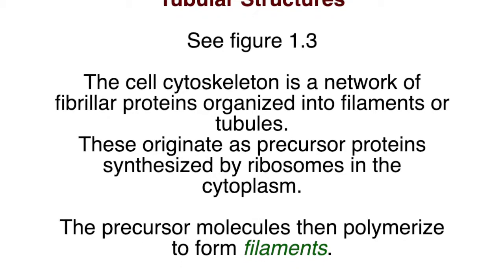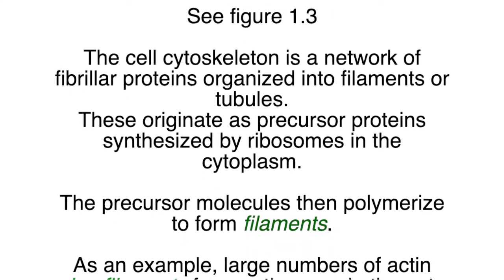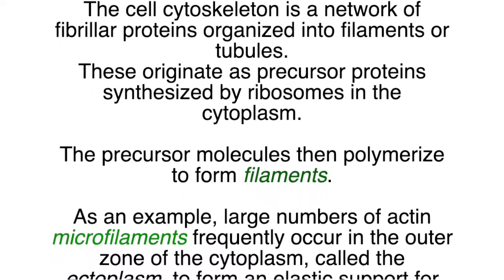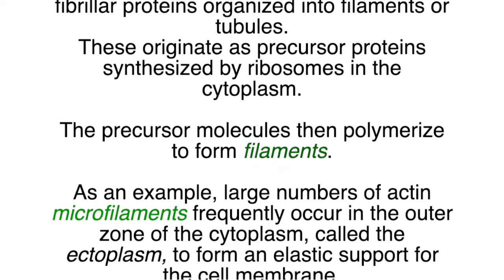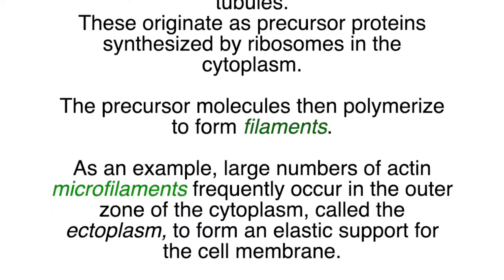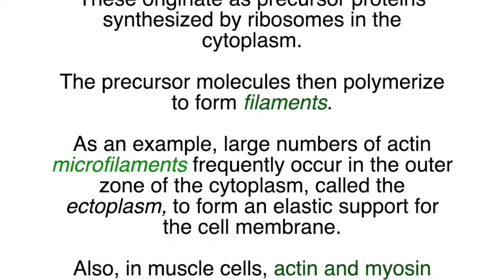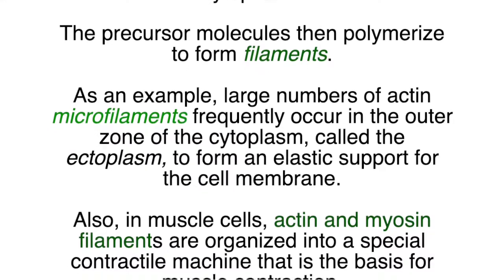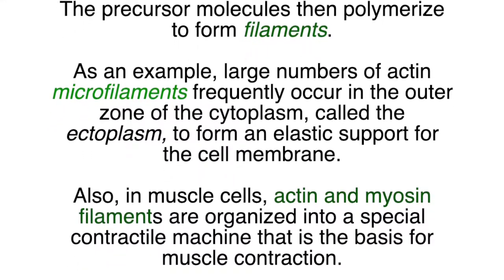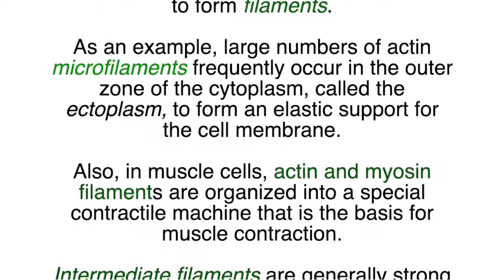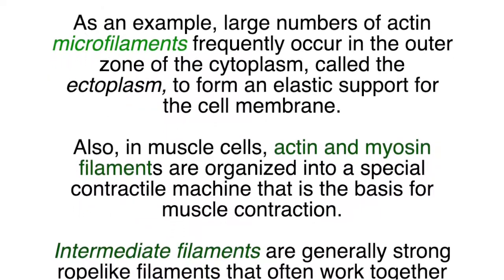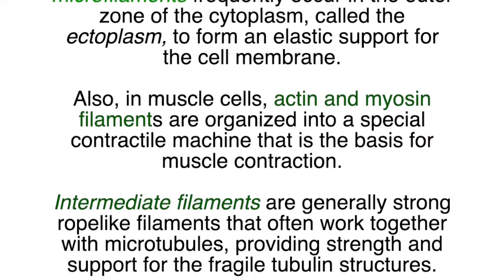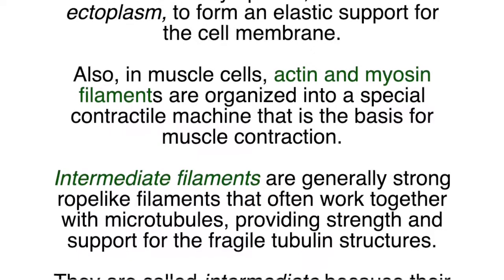As an example, large numbers of actin microfilaments frequently occur in the outer zone of the cytoplasm, called the ectoplasm, to form an elastic support for the cell membrane. Also, in muscle cells, actin and myosin filaments are organized into a special contractile machine that is the basis for muscular contraction. Intermediate filaments are generally strong, rope-like filaments that often work together with microtubules, providing strength and support for